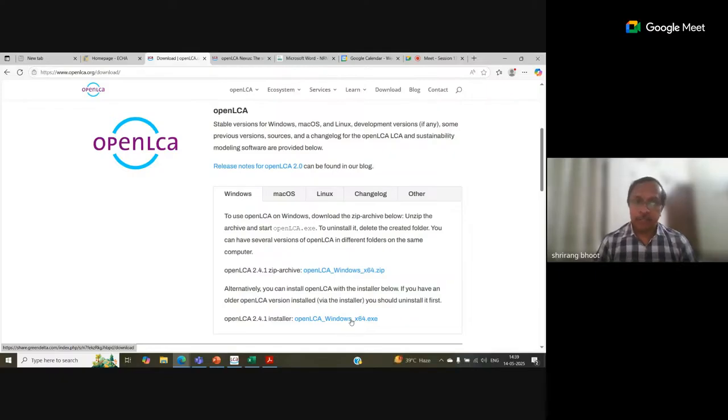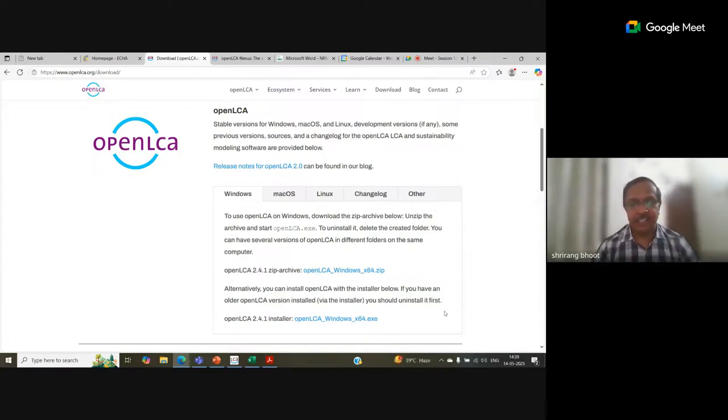If you have older versions of OpenLCA and want to keep this version separate, then you should download this zip archive folder, which will help you maintain different versions of the software within your PC. So when you have to use different versions, use this. Otherwise, if you are a first time user, you can directly download this installer and install it.